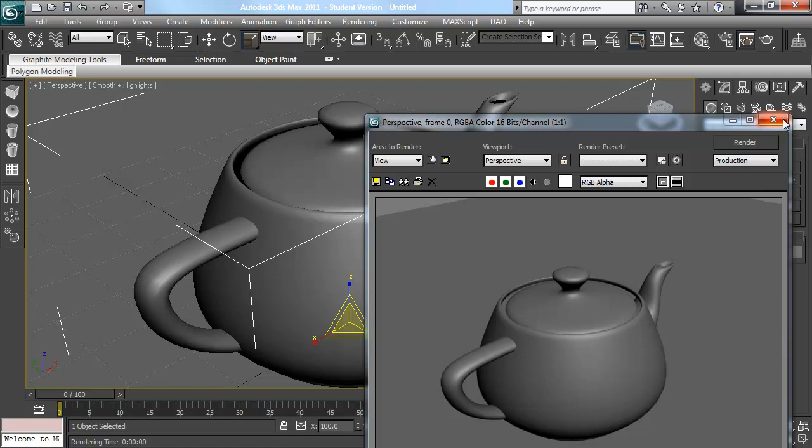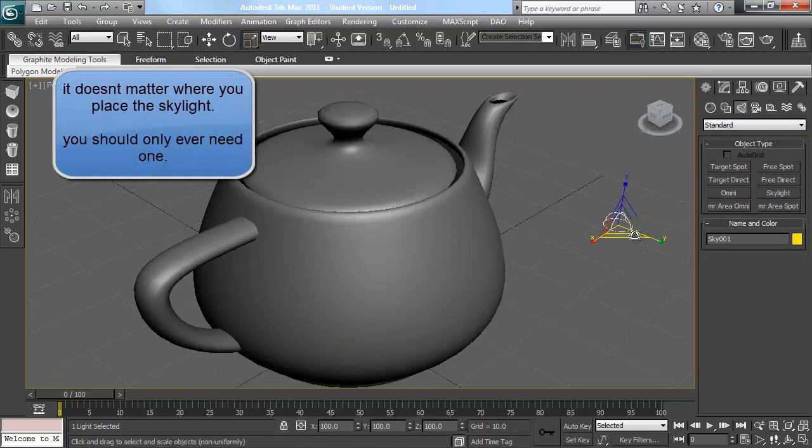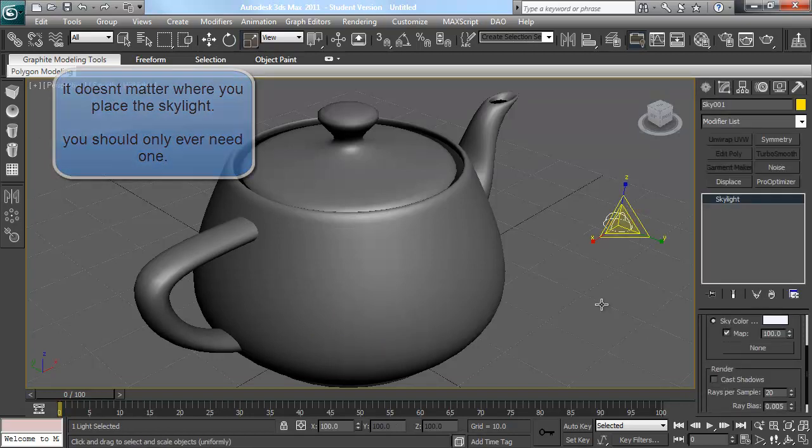But we want to place our own lights now in the scene. First thing, if you're doing a clay render, you should add is a skylight. So under the lights, create panel lights, standard skylight. Now to begin with, your skylight probably doesn't have cast shadows ticked on, so let's see what that looks